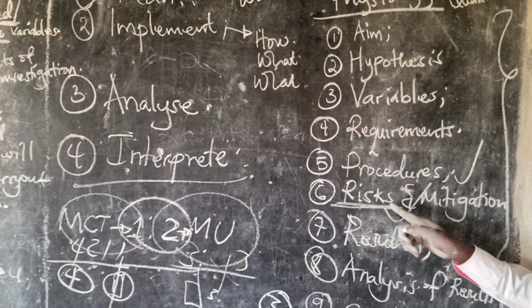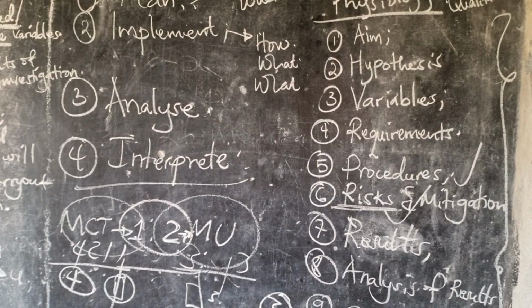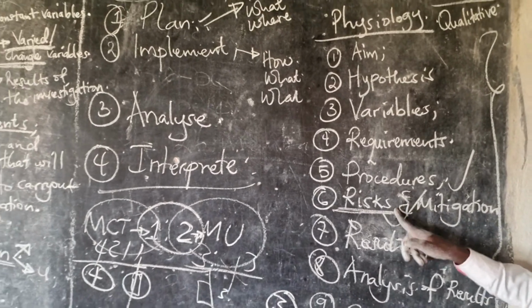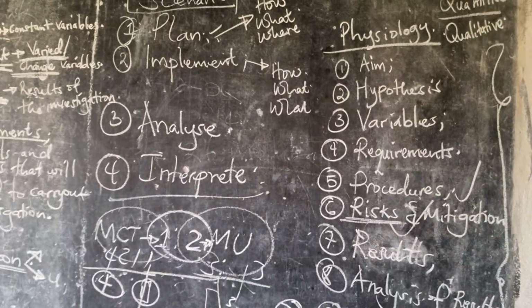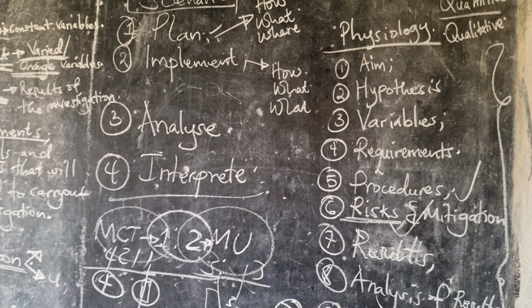For example, the challenge, the accident, may be contact of the chemicals with the skin. What is the effect? Leading to corrosion that may result in irritations and sometimes wounds, which may lead to pain in that part of the body. You give the challenge, the effect, and the impact, and then state the mitigation.